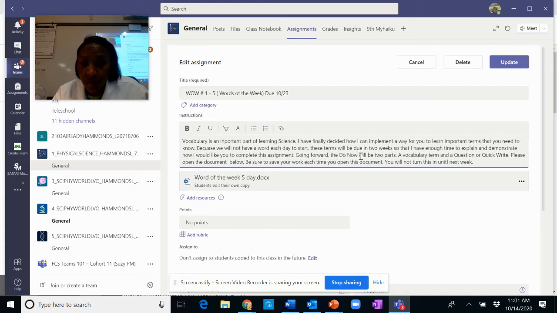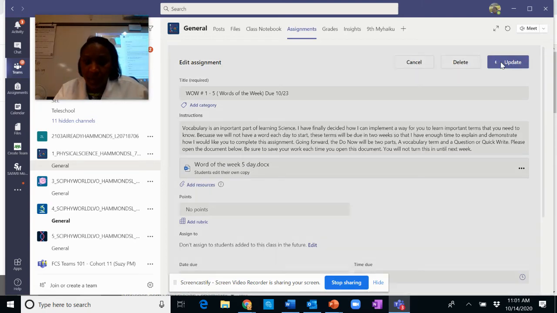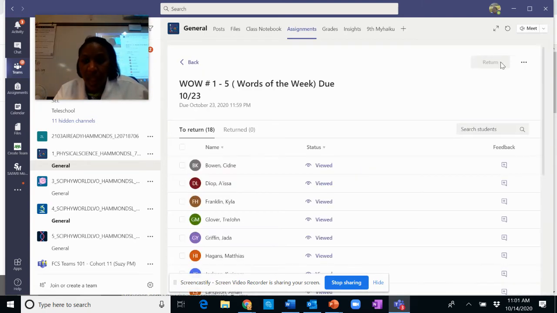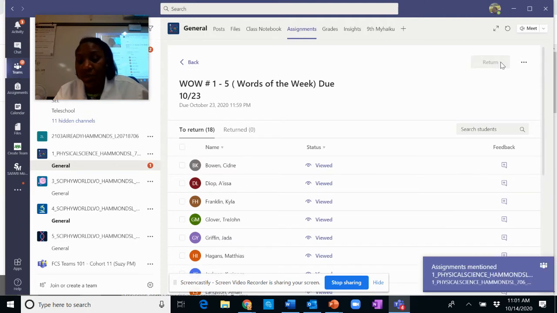Going forward, the do now will be 2 parts, a vocabulary term and a question or quick write. Please open the document below and be sure to save your work each time you open this document. You will not turn this in until next week. Okay, and we're going to update it. And I read it, so we don't need the Immersive Reader.